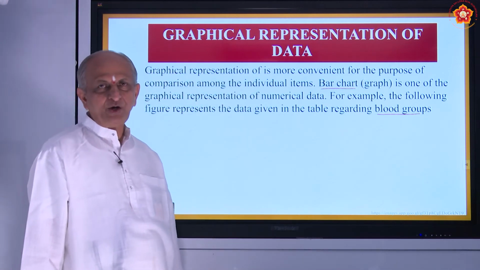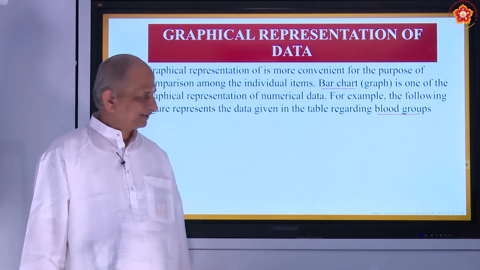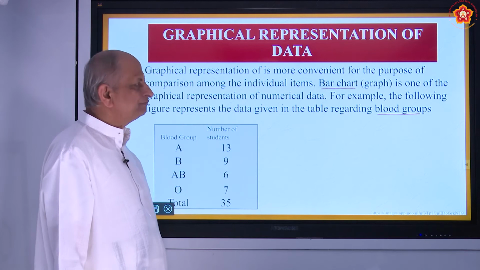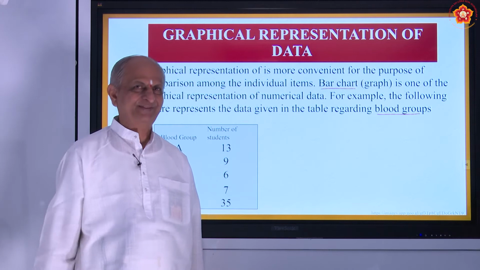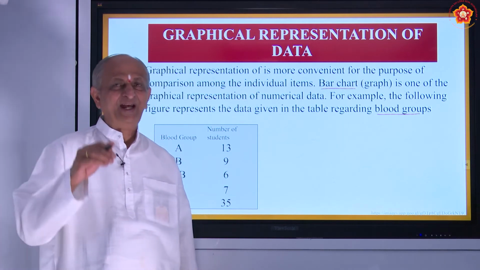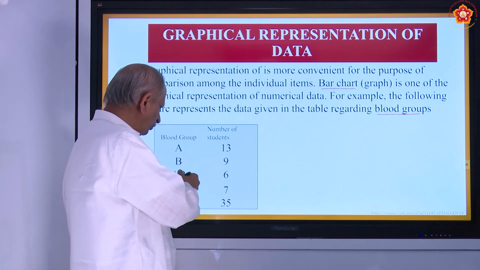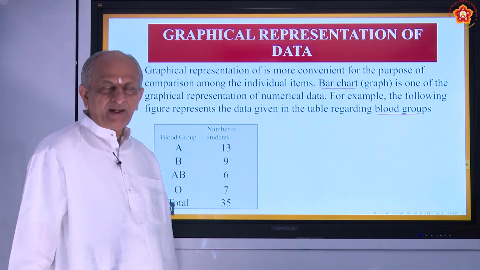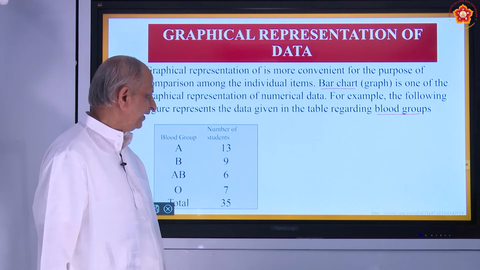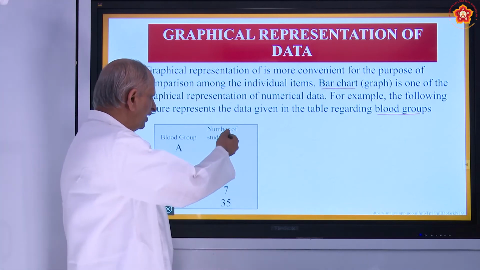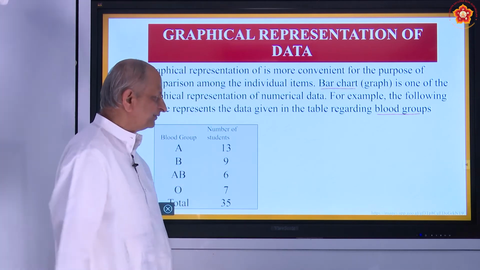All of you know that we have blood in our body, about 4.5 liters, is it not? And our food becoming blood itself is God's grace. Every individual has his own blood group. They are named as A group, B group, AB group and O group. And O group is usually called the donor group, suitable for all types of patients. So the students who have these groups: A group has 13 students, B group 9 students.